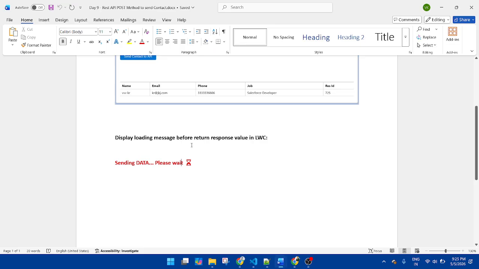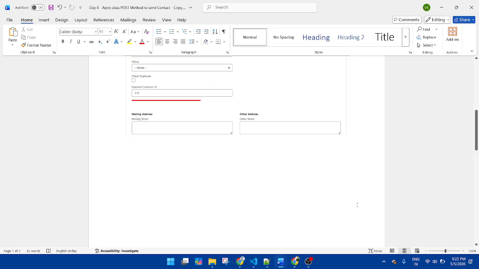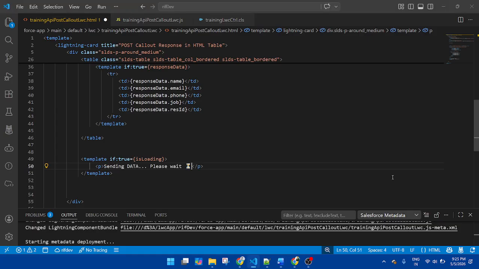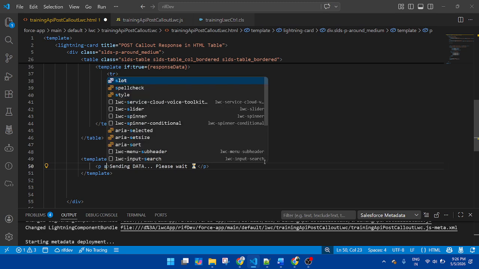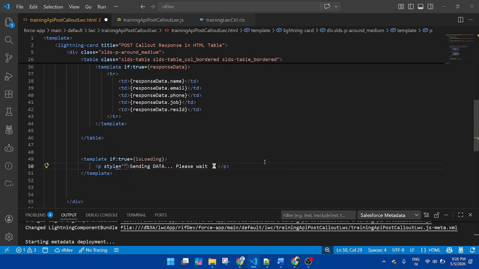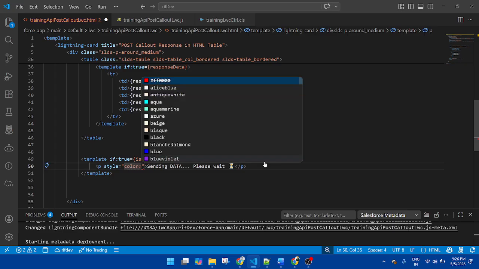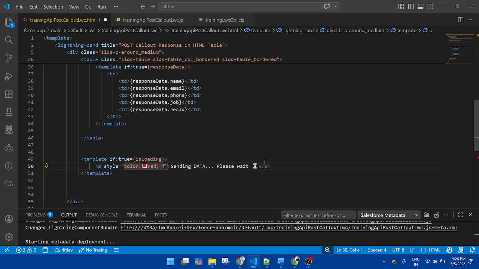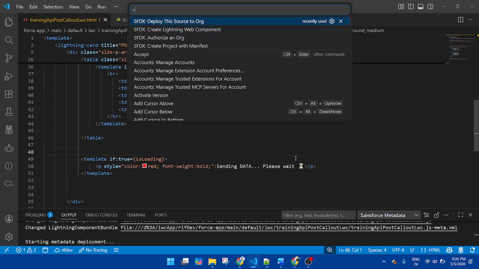Here I want to display "sending data, please wait." This message I want to display, and pass style, color red, font weight bold. Okay, now save, deploy the code.